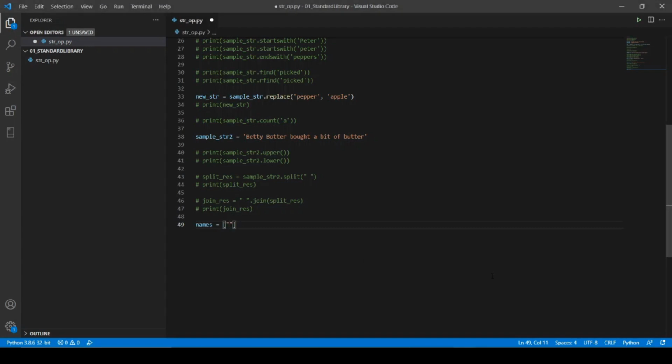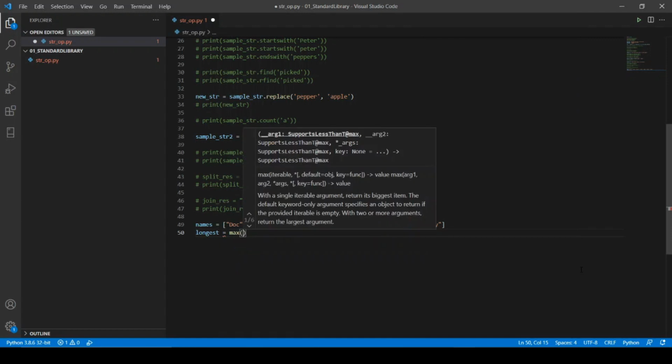So here I've created a list, names, that will contain, surprise, surprise, names. These are going to be the names of the dwarfs from Snow White. They were Doc, Grumpy, Happy, Sleepy, Bashful, Sneezy, and Dopey. Very good. So now, in order to do the proper justification, we'll need to find the longest name from the